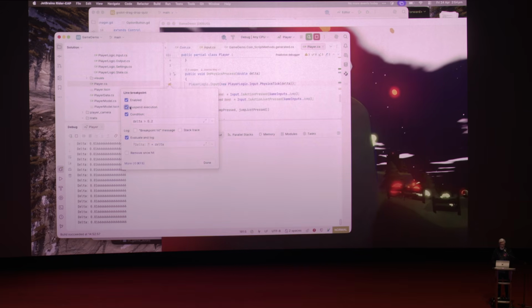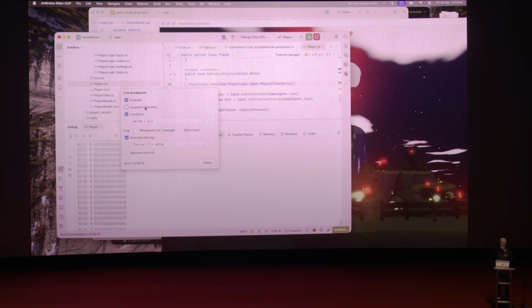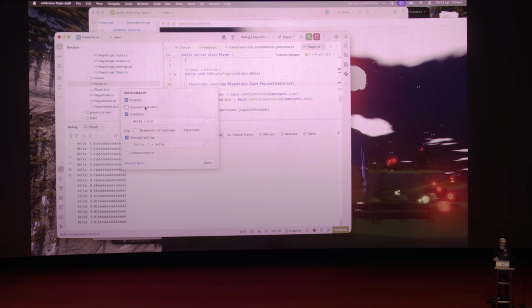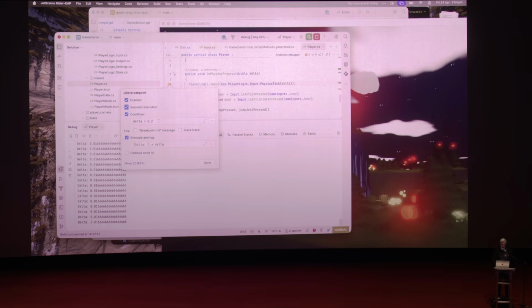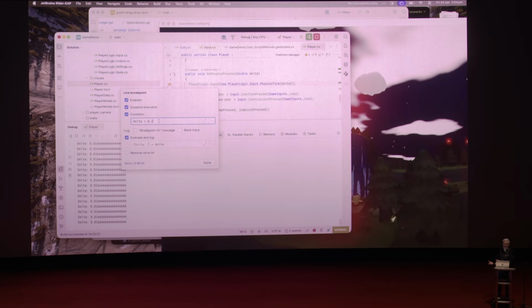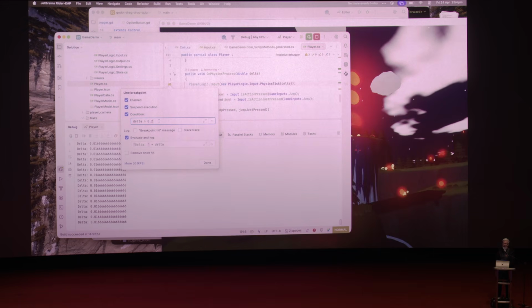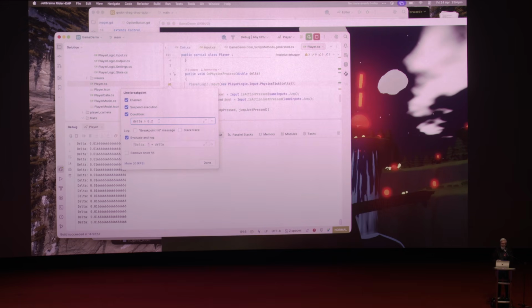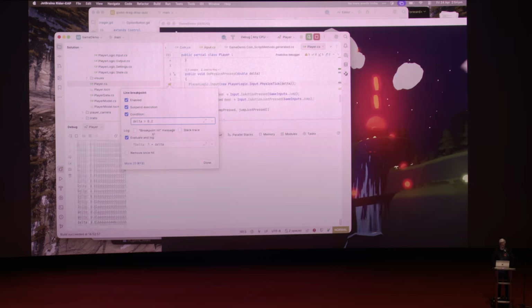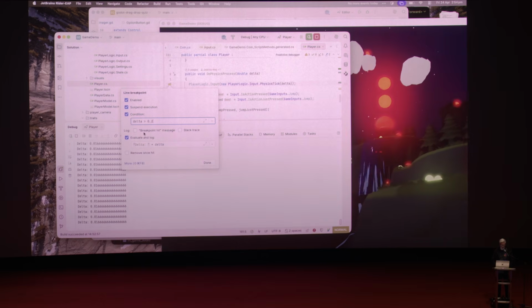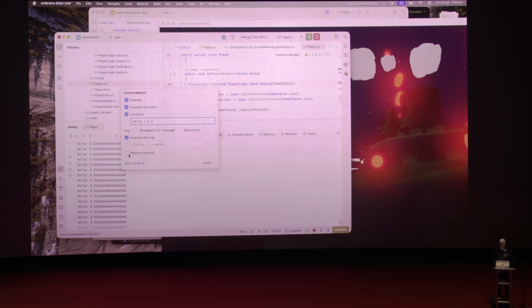The useful things here, though, are the suspend execution item there, which means the breakpoint is hit, but we don't stop. The code keeps on going. We do something, we evaluate something, and we carry on. We can have this condition item here as well to say, we'll only break when the delta is over 0.2, or when my health gets below 10, or when my enemy count gets over 33, whatever. We can do those kinds of things. And there's a few more interesting things we can do there as well. We could log the stack trace, log a simple breakpoint hit message, or we can do more useful things there, like